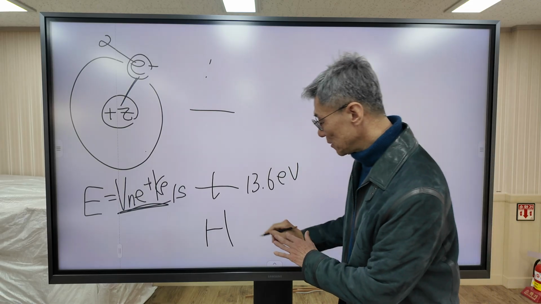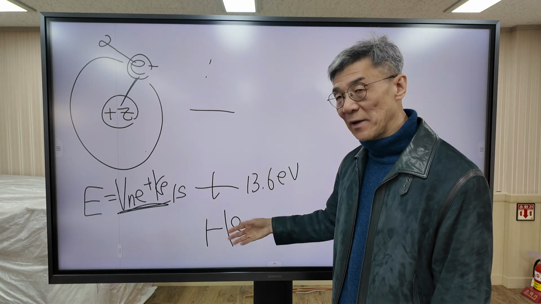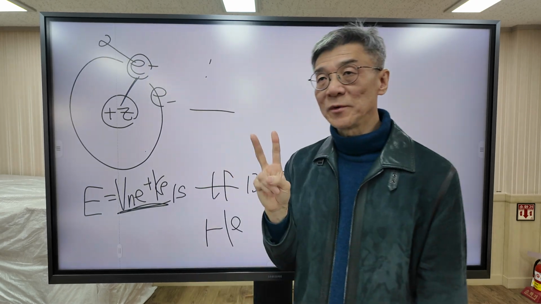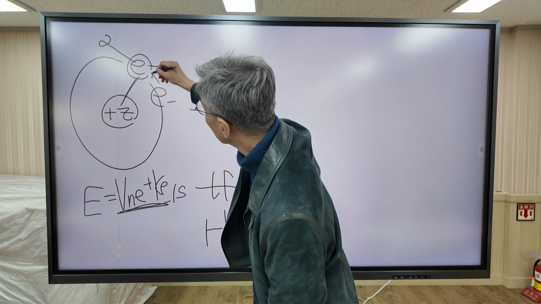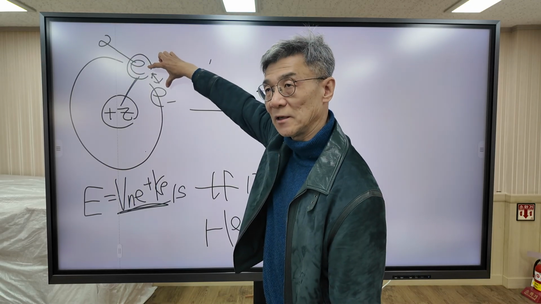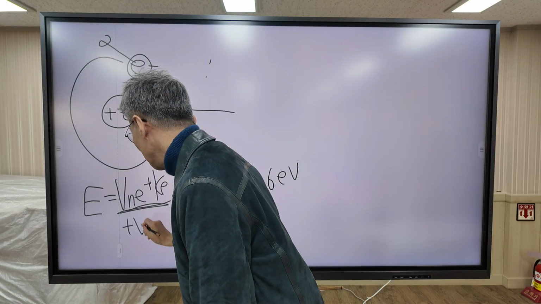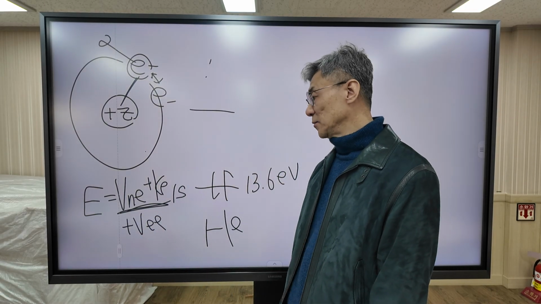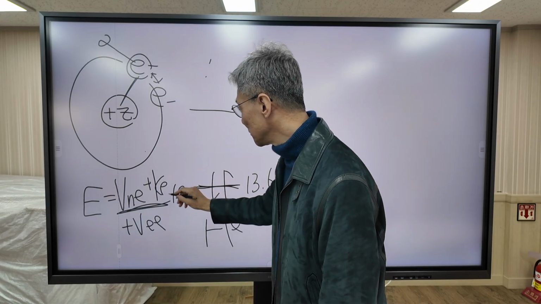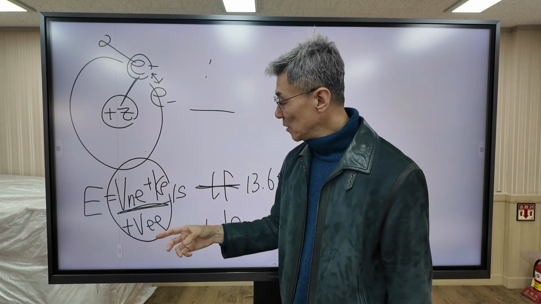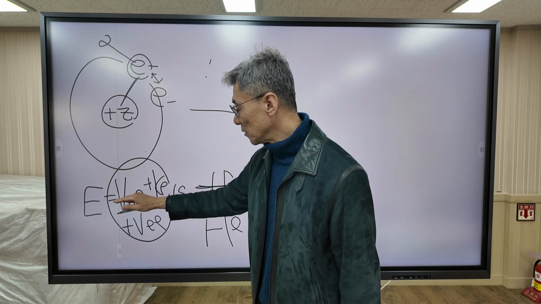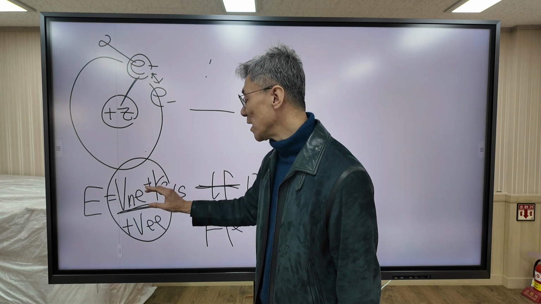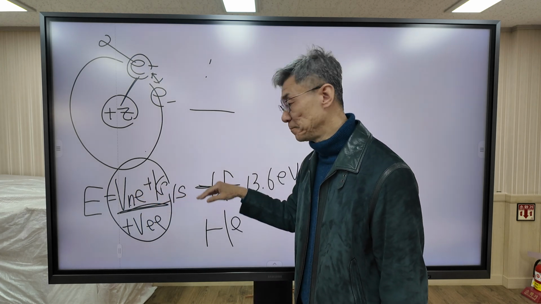And sometimes, for atoms with many electrons, other electrons exist. In this case, one more term is included: the repulsive force between two electrons, called the electron repulsion term. So anyway, the orbital energy includes three terms: nucleus-electron attractive energy, electron repulsion energy, and kinetic energy.